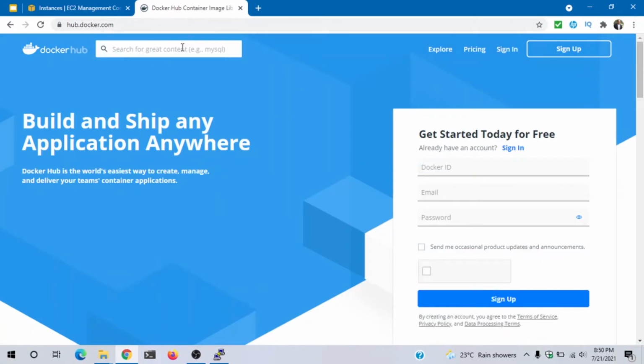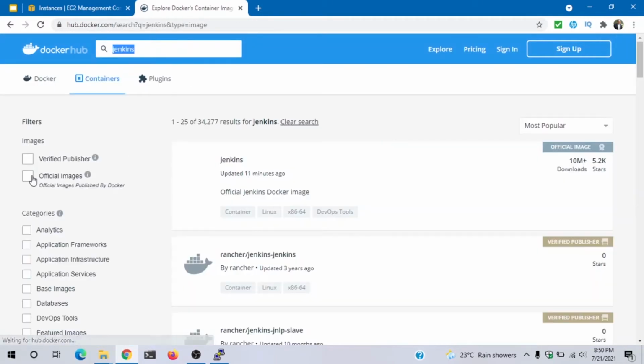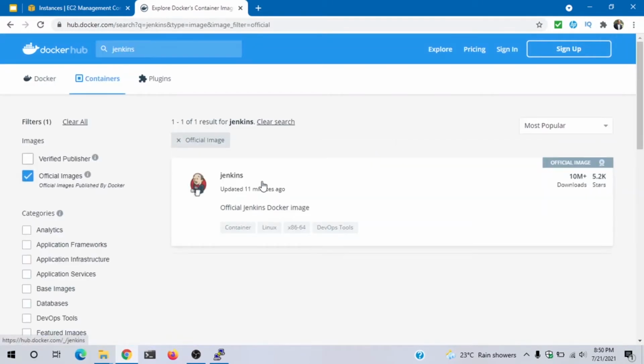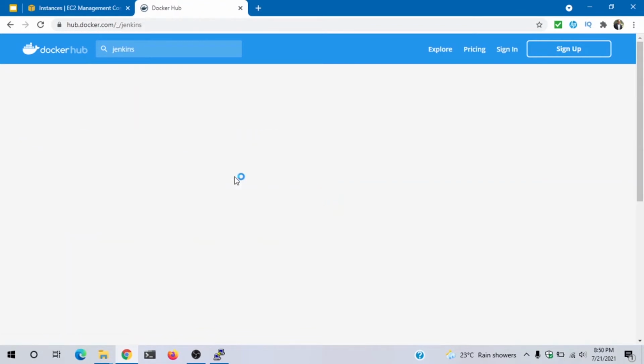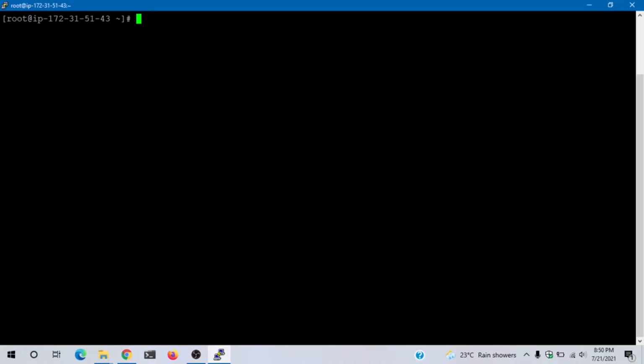So I type Jenkins in the search box and click on official image because I'm looking for an official image. When I click on this, I'll grab this command and go back to my Linux machine, and I'll just paste it here.